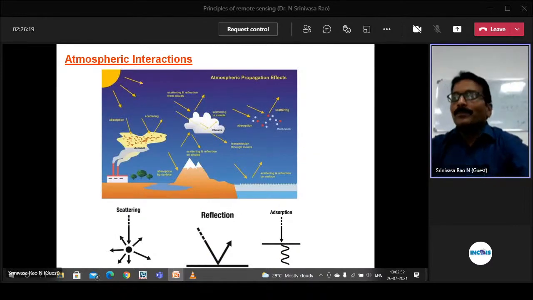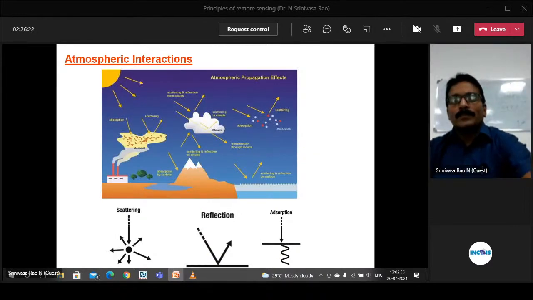Bottom reflection and reflected. You divide using that one only. Some of the